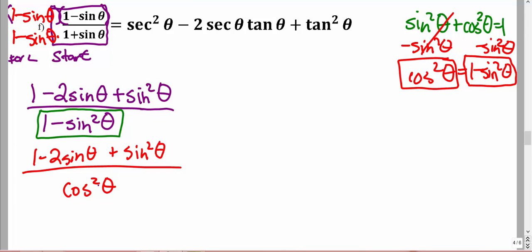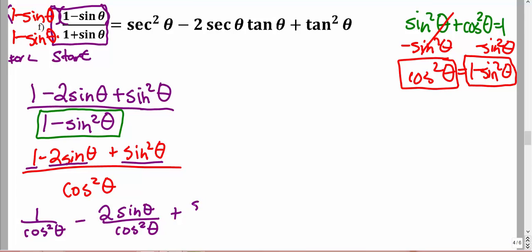So now we have cosine squared theta as our denominator, and let's now take this one fraction and separate it into 3 separate fractions. So I'm going to write this as cosine squared theta underneath each of the original 3 terms. So 1 over cosine squared theta minus 2 sine theta over cosine squared theta plus sine squared theta over